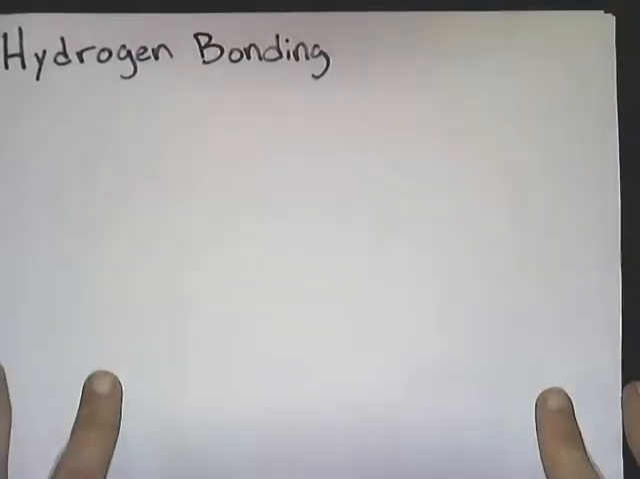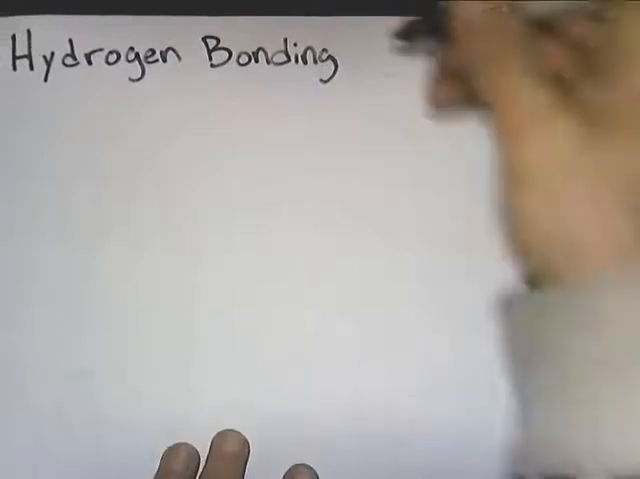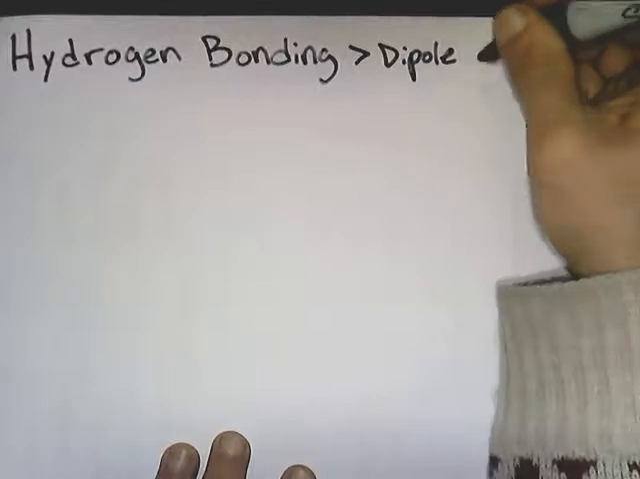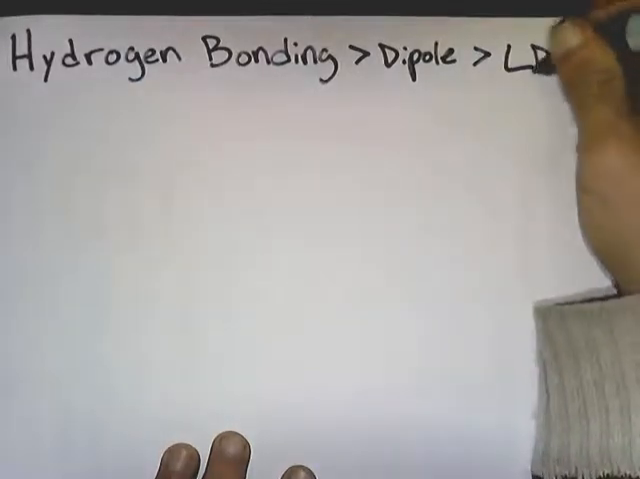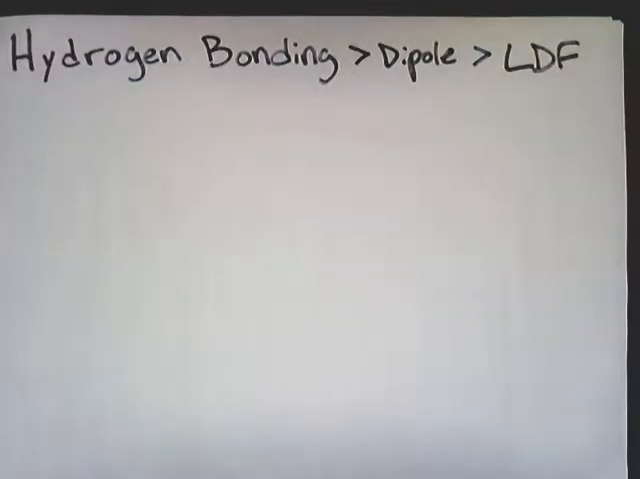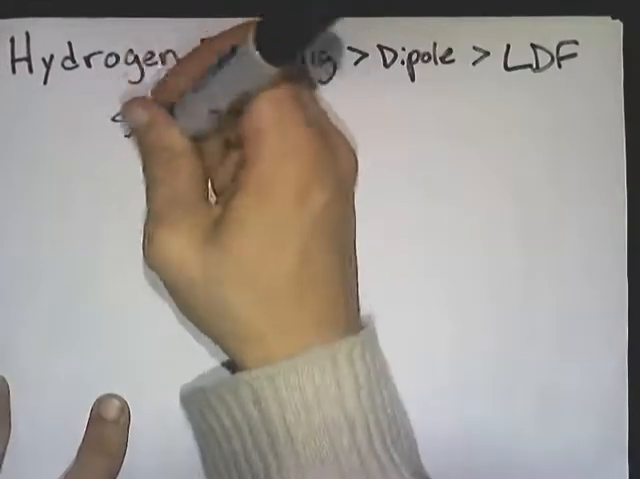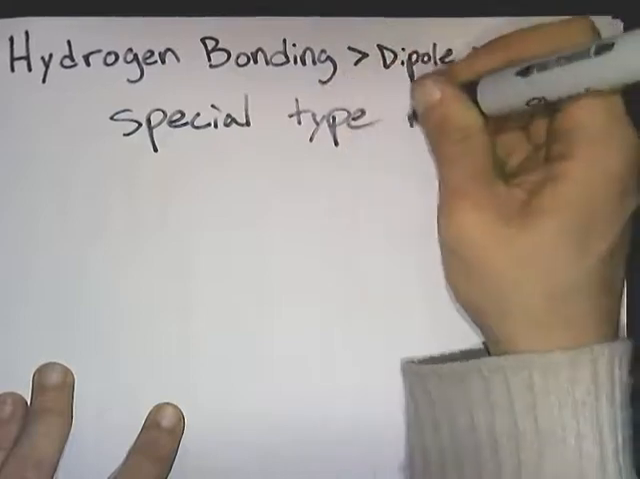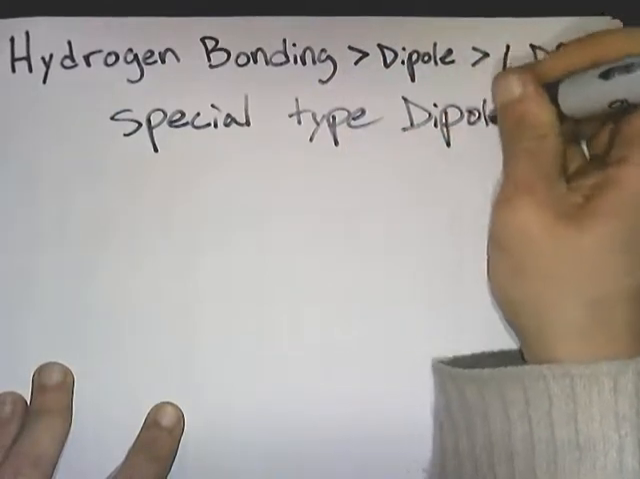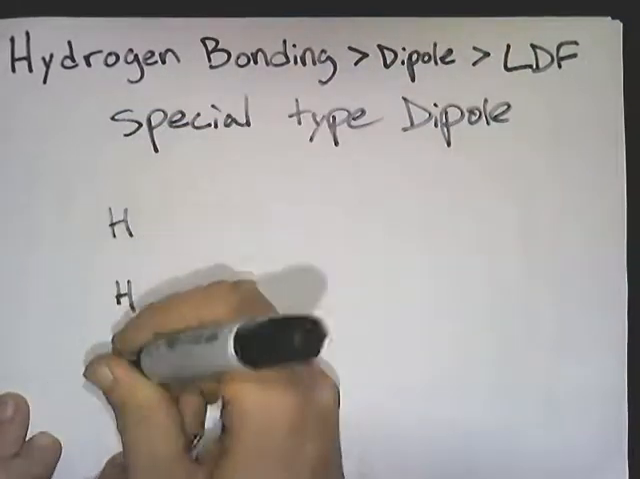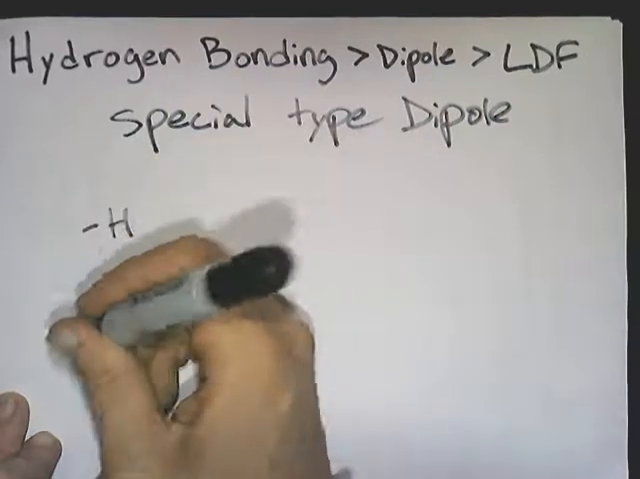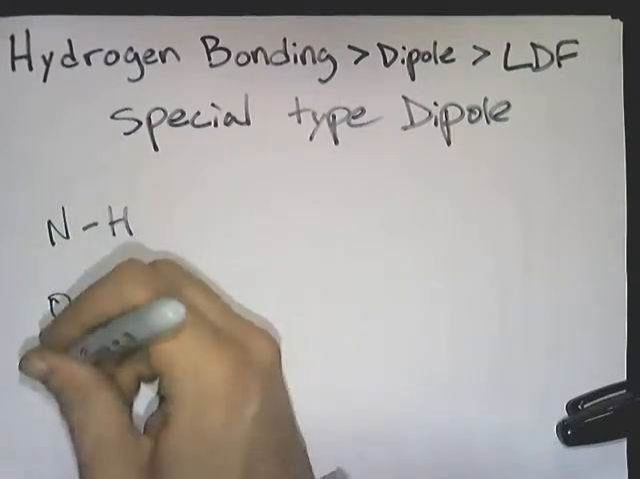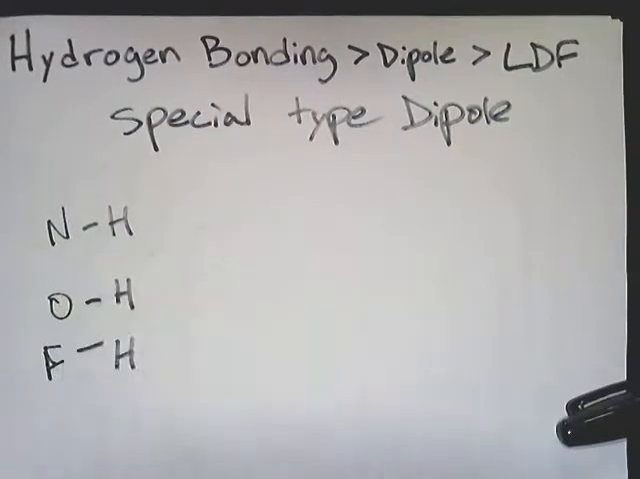So hydrogen bonding is very cool. Hydrogen bonding is stronger than a regular dipole-dipole interaction, and therefore stronger than a London dispersion force interaction. It is, in fact, as I said, a special type of dipole. And so we only see hydrogen bonding when we have hydrogen bound to three different elements. If we have hydrogen bound to our good friends nitrogen, oxygen, or fluorine,